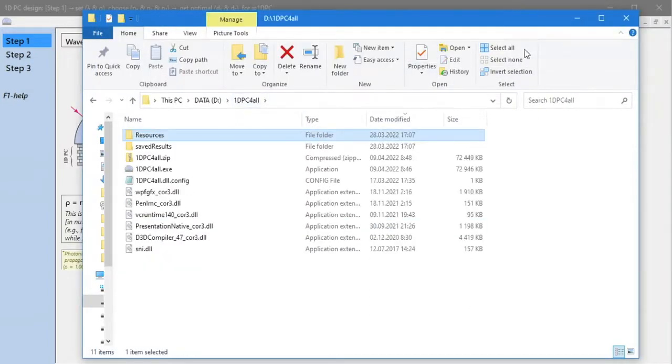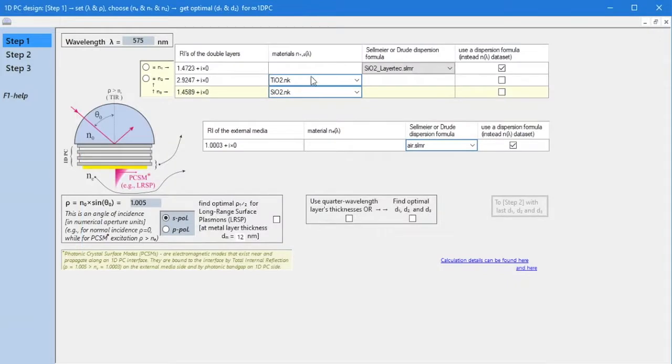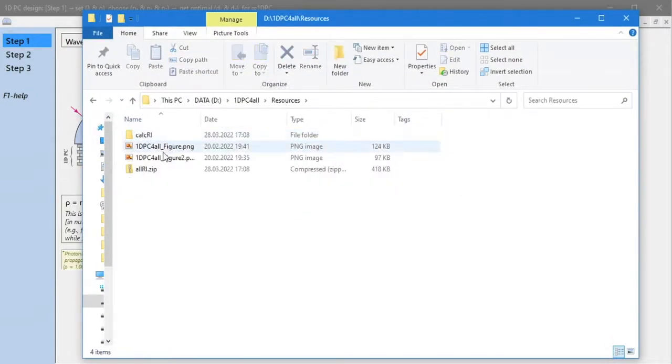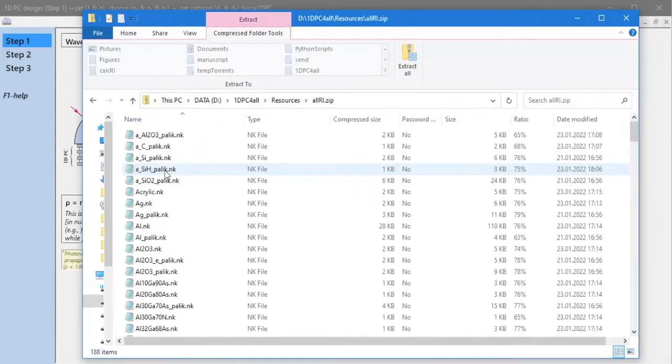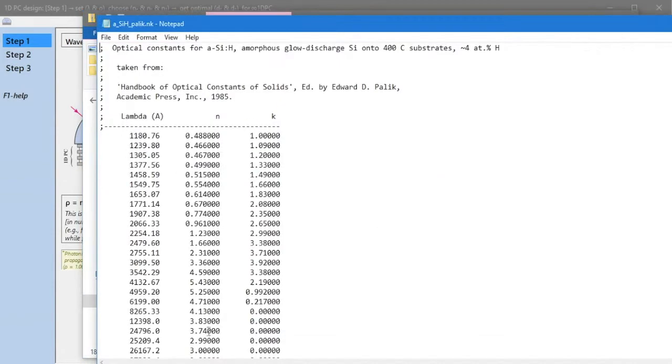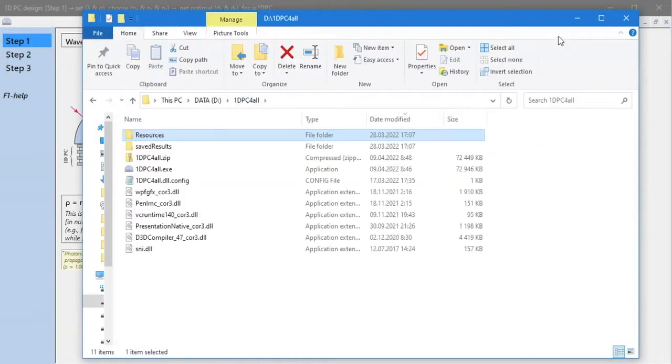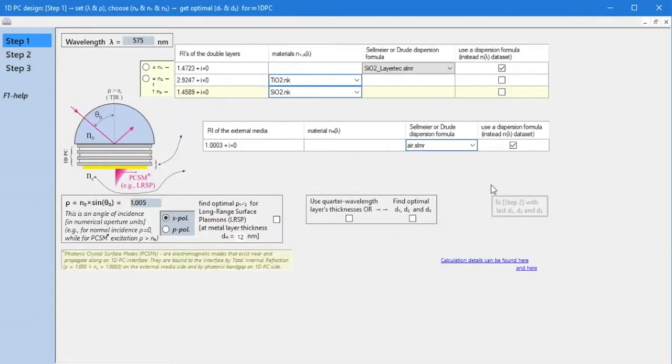The second option is to present a new refractive index in the form of an NK table. In this case, this data is saved in a zip file and you can also see how it is presented inside in the form of an ASCII file. The values of n and k between the wavelengths presented in the table will be found by linear interpolation. You can add your data either as an NK data file, or as 7 coefficients for a Sellmeier formula file. Also, these can be coefficients for a Drude file.